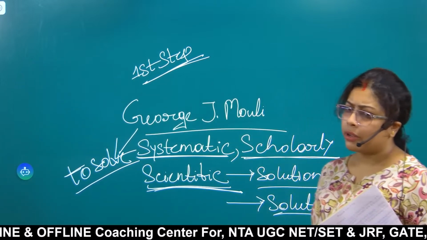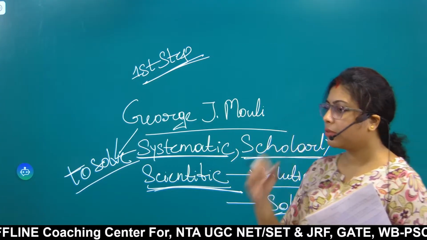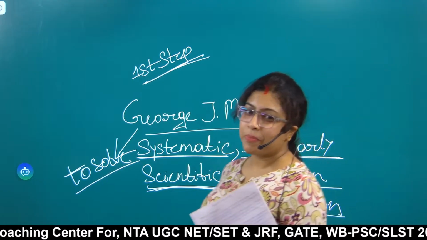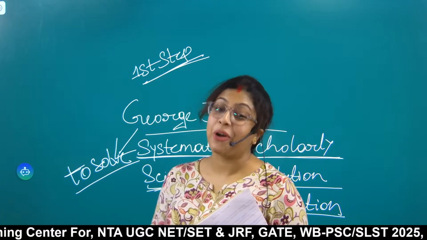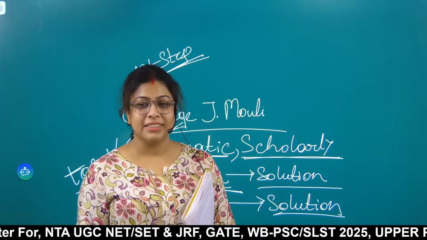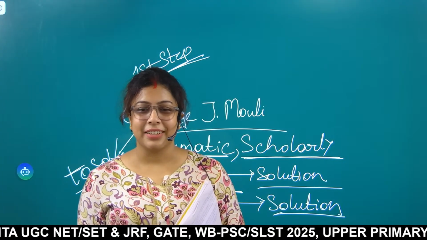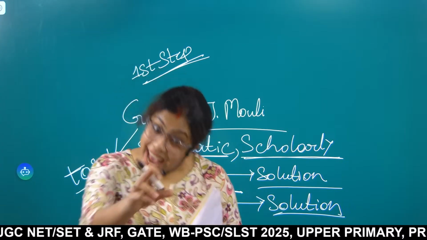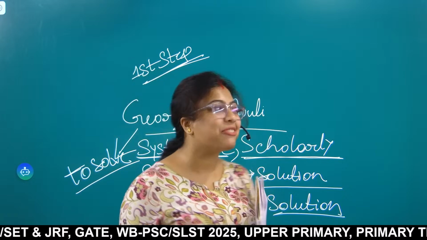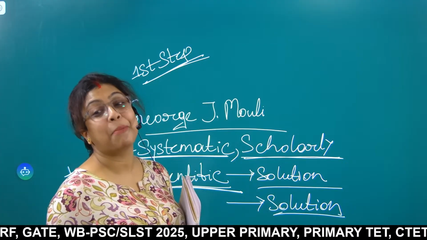You need to be systematic in order to conduct the research, but that has not been mentioned here as the first step. In order to find a solution, what do you need to do first? Absolutely. Very good. Mohsin is doing very good. The first step of the research is to find out a problem.